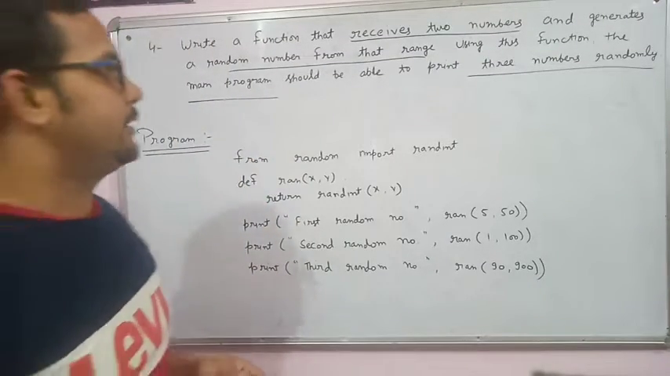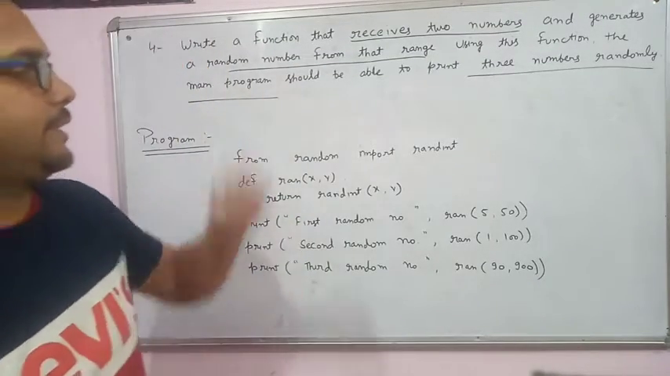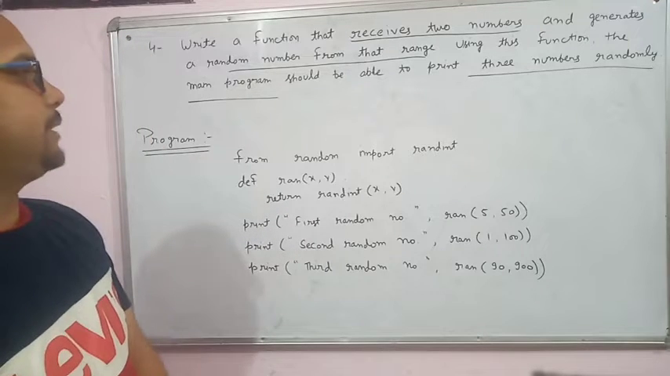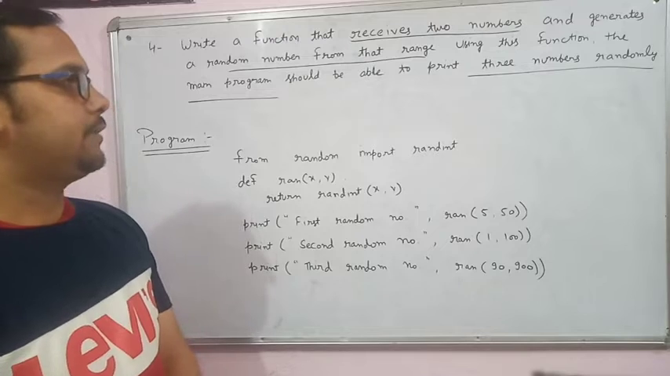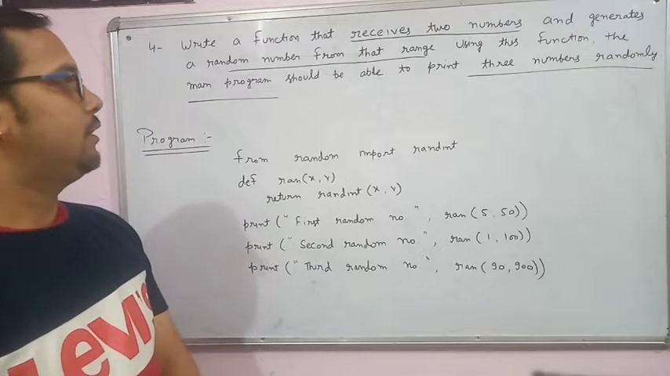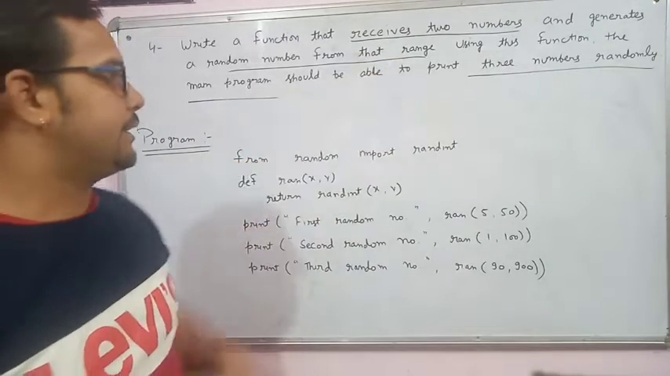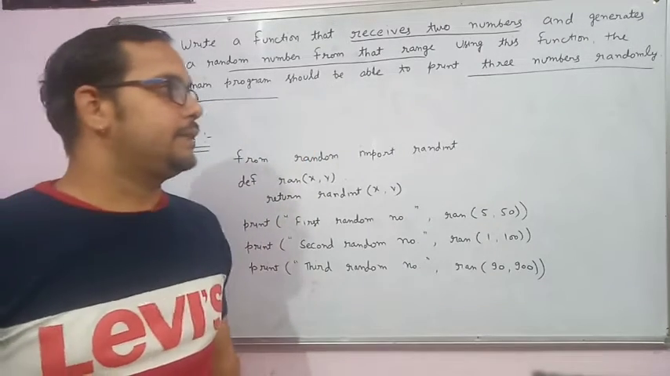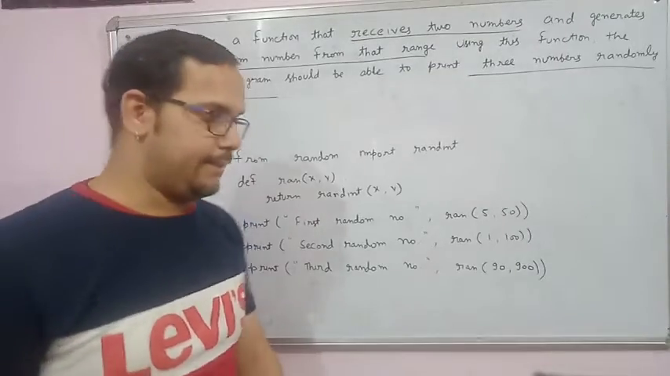These lines are important from the question. It means the function receives two numbers, then with the help of a random number generator, it will generate random numbers. For that we have to provide a range, and the main program should be able to print three numbers randomly. See here,